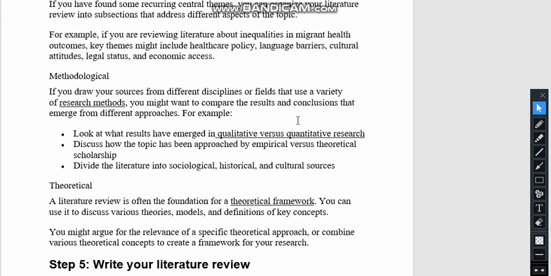Hope you all know the difference between qualitative and quantitative research, how the topic has been approached by empirical versus theoretical scholarship, and divide the literature into sociological, historical, and cultural sources.